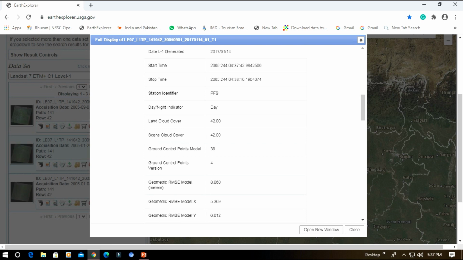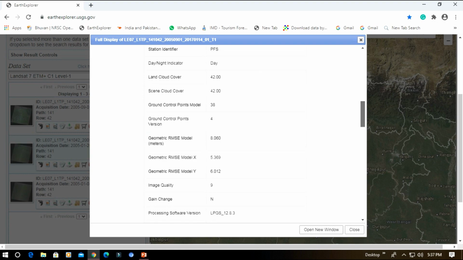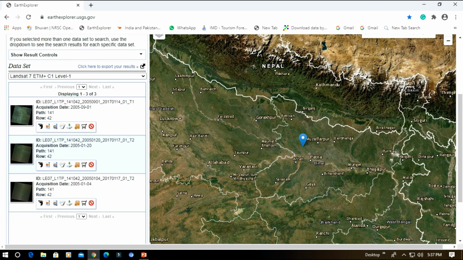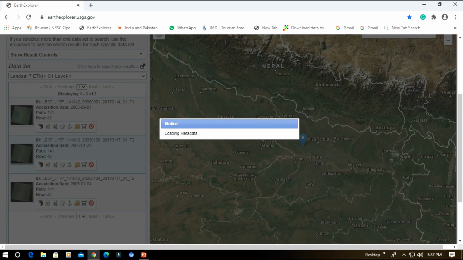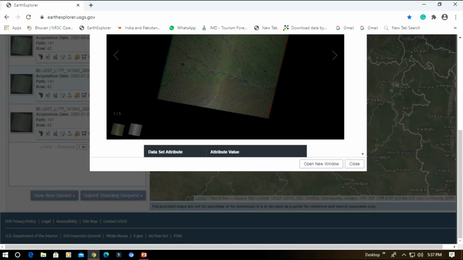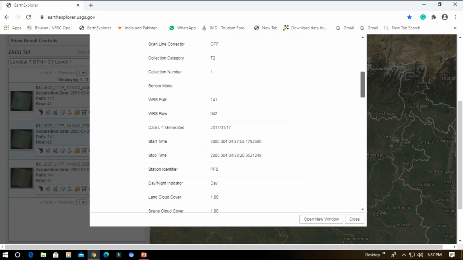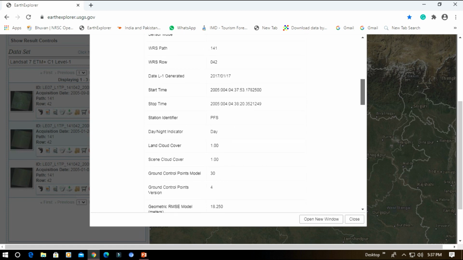Here 42% land cloud cover. See another one, here January 4, what will be the percentage of cloud cover here. You can see it by clicking on different satellite images.